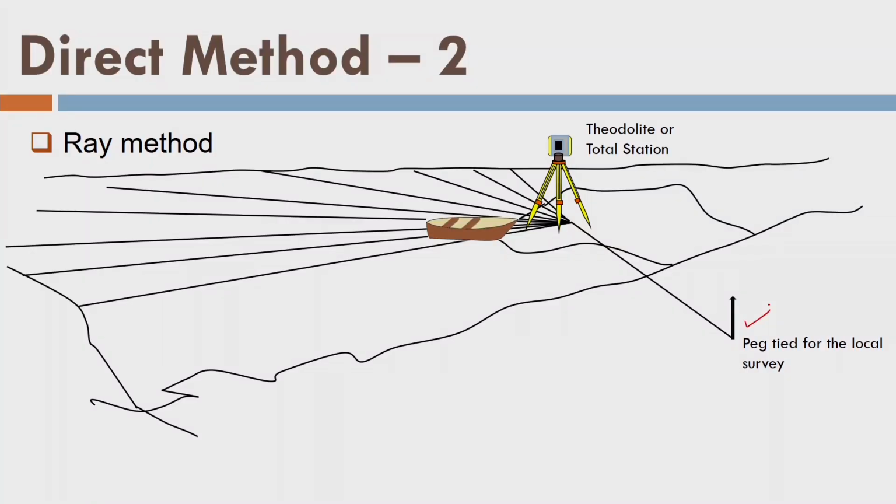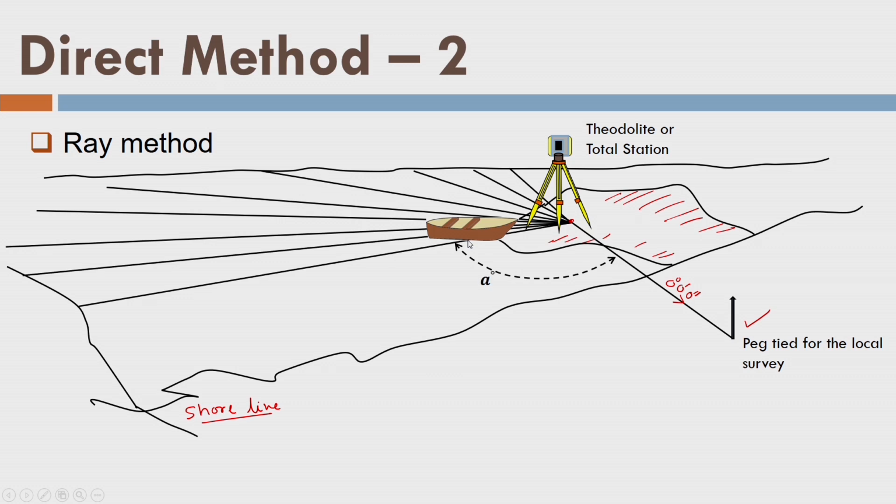So what will I do in this case? Let us say this is the area accessible by a surveyor, the land area. This is the point where he will establish a total station or theodolite. He will orient the theodolite or total station towards this line. That means it's the 0 degree, 0 minute, 0 second line, or the 0 reference line. Now first spread a line here, and this is the shoreline. Here we will stretch one survey line like this.